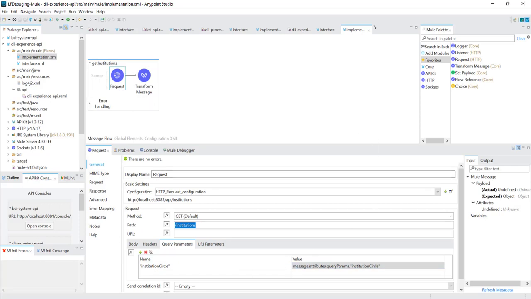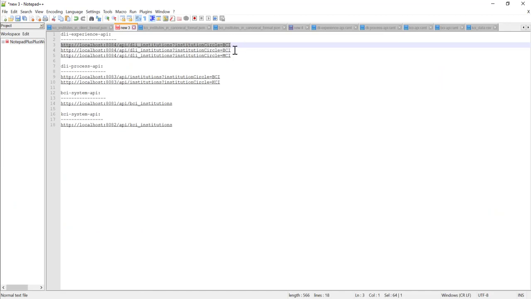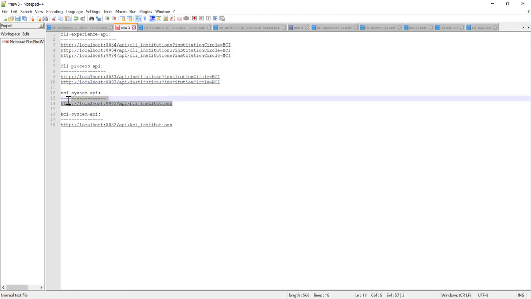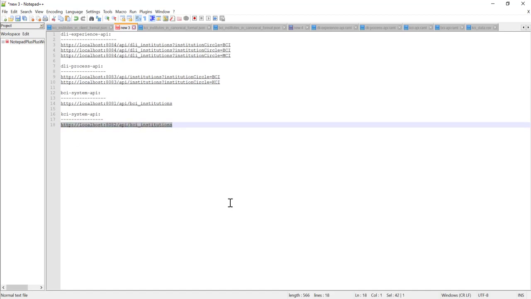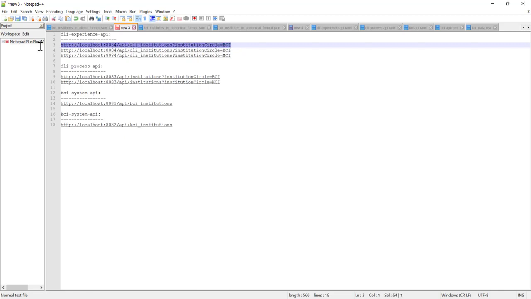So this is how it is going to call. Now we can see that this is the Experience API URL, this is the process API URL, then this is the system API URL, and this is another system API URL, right? So the client will have access to the Experience API, right?